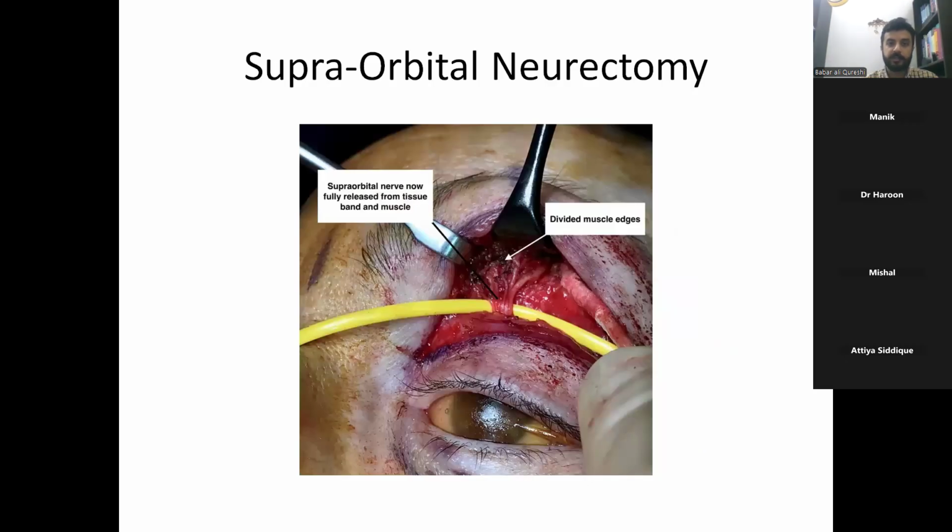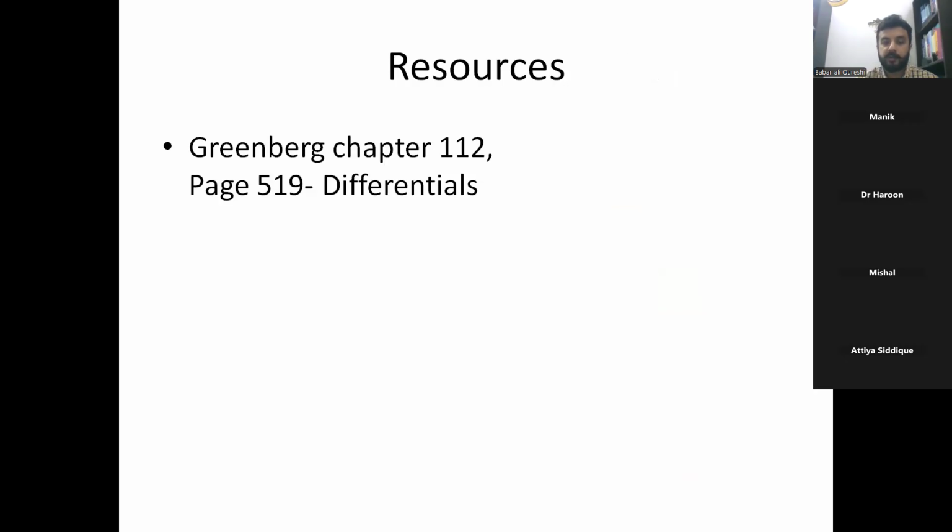Another option is there, supraorbital neurectomy we can do, but again this procedure will only be performed in those patients who are not fit to go for any kind of invasive procedure, in whom we cannot do MVD. In those we do this. Then they ask its complication, the most important one, that is keratitis, and how can you prevent it by giving artificial tears. In Greenberg, chapter number 112